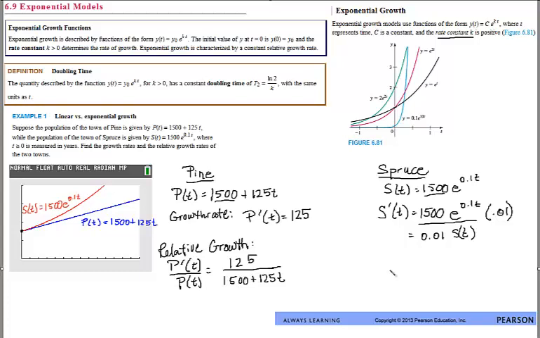And as we increase in time, we see that the relative growth of this town Pine actually decreases with time. So next up we'll look at the Spruce, and we'll do the same kind of